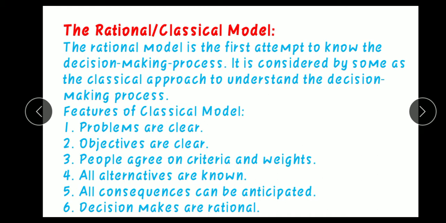It includes we have to just clear the problems, the objectives and goals should be clear, people agree on the criteria and weights, means evaluation process, all the alternatives are known. Here we know the alternative कि देखो मेरे को साइंस में जाना है कि कॉमर्स में जाना है कि आर्ट्स में जाना है. Here 3 alternatives are there, we know the alternatives, and in that we have to